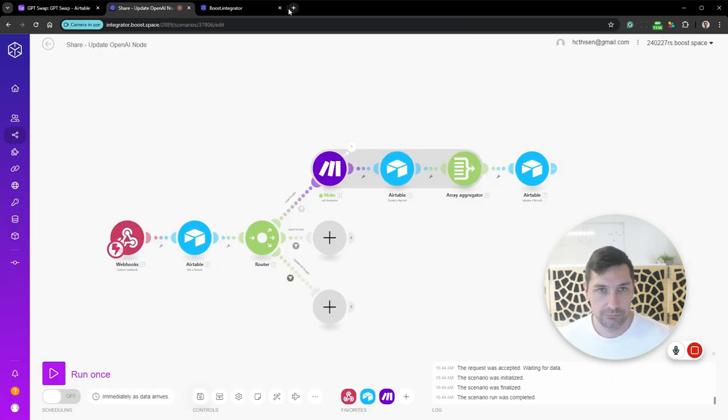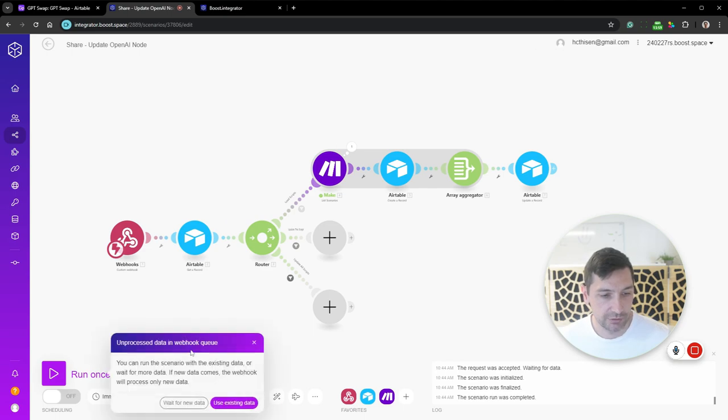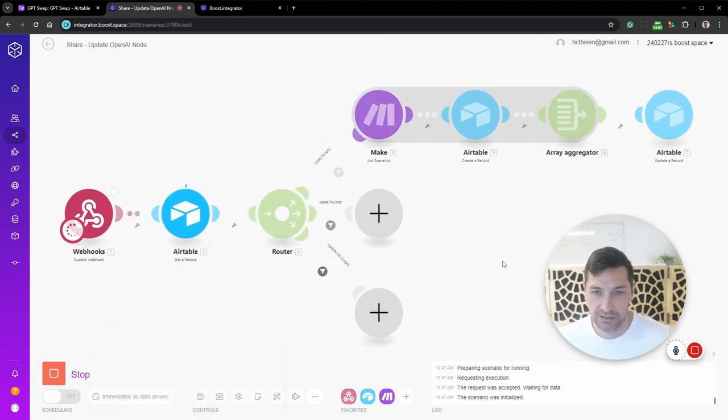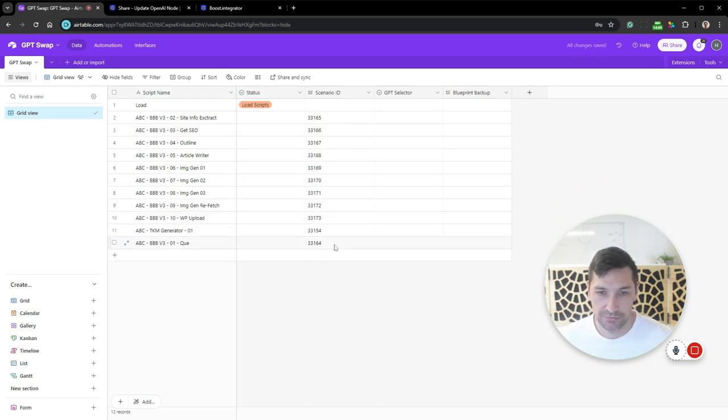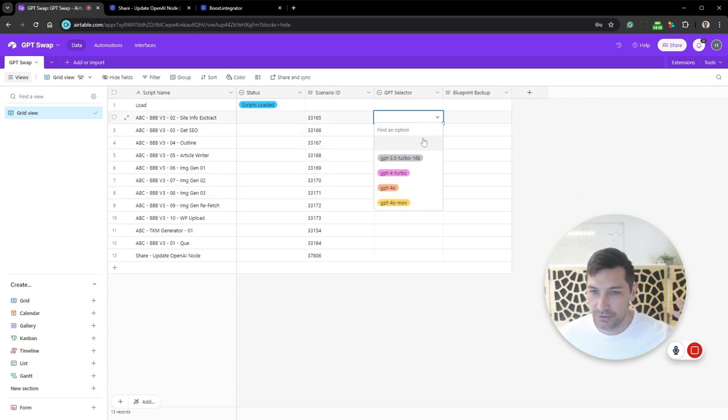Going to go here, going to click run once, use existing data, and we are now getting all the scripts with the specific scenario ID. Awesome, and scripts loaded. Perfect. Now we can go in and say, I would like to update all these scripts to